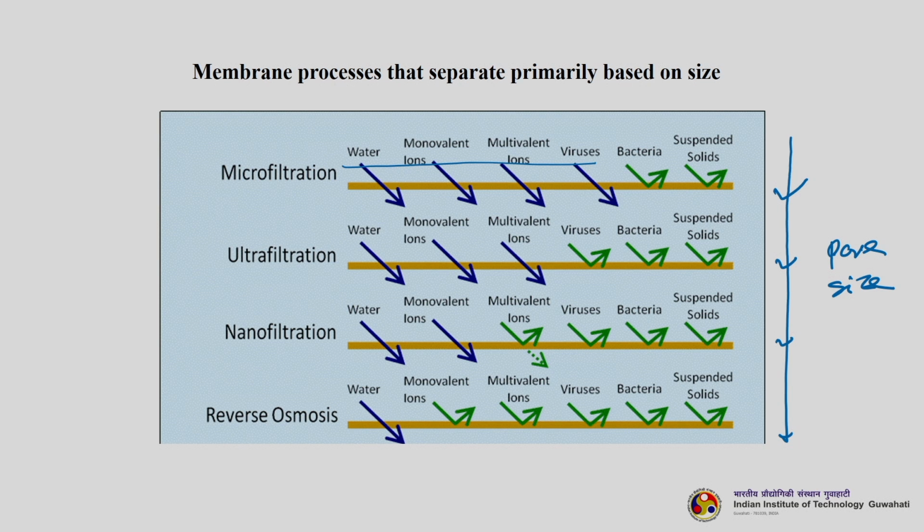So, let us see ultrafiltration. You can see virus will also be retained here, but virus was not retained in microfiltration by virtue of size. When you come to nanofiltration, multivalent ions also get retained, though a few may pass through because of size again, right, and reverse osmosis will retain everything, it will only allow the passage of the solvent or water. So, this slide just gives us an idea about the different applications that can be achieved using the 4 distinct pressure driven processes: microfiltration, ultrafiltration, nanofiltration and reverse osmosis.